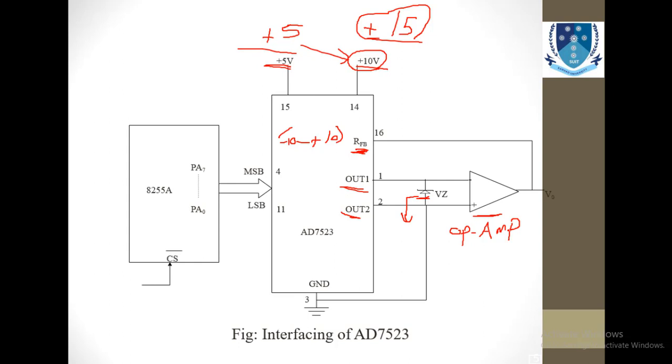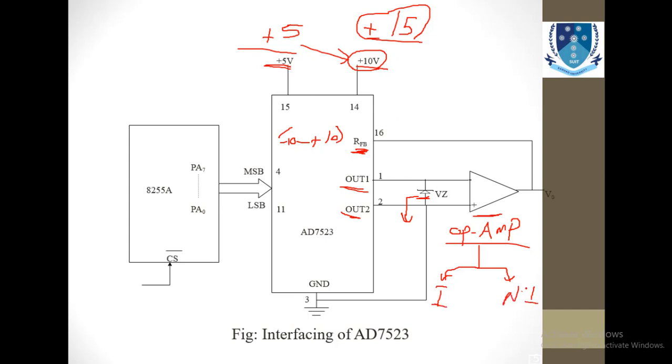But if you do not have that knowledge, please go to the portal and find the discussion about op-amp. I've also provided the discussion of op-amp in the portal. These are some brief notes, about 3 to 4 slides, just to clear your idea of how this operational amplifier actually operates. So you will be knowing that this operational amplifier has two types. The first one is inverting, and the second one is non-inverting.